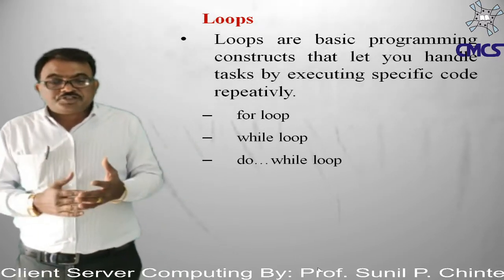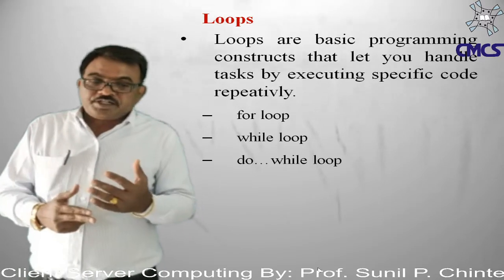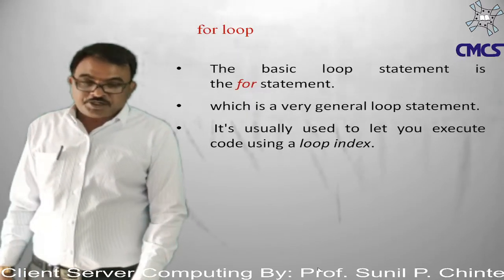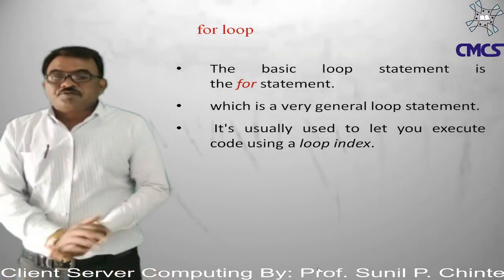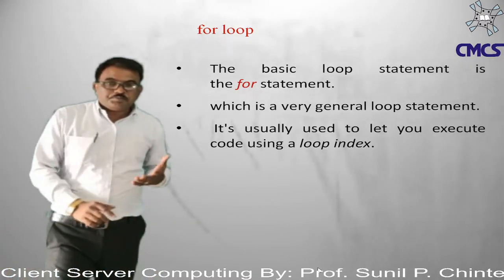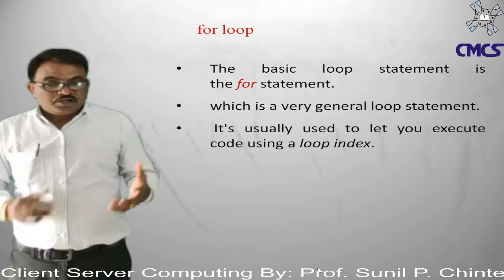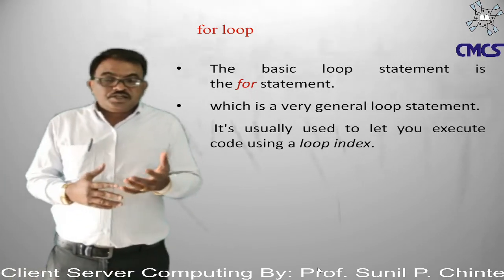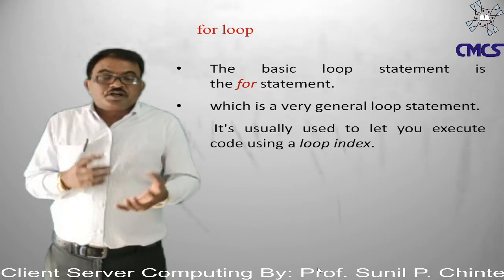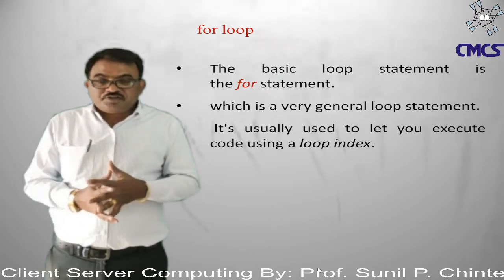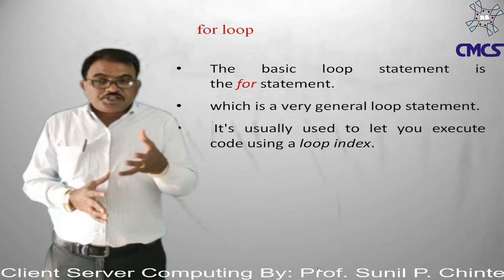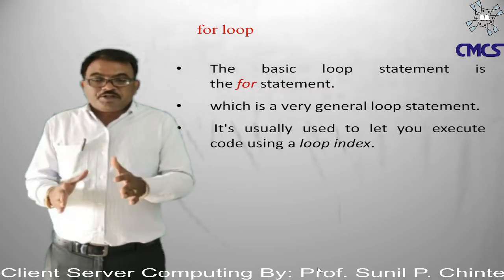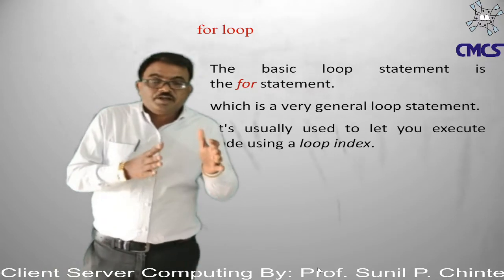Now we have to see how the pre-tested loops, that is the for and the while loop, are used in scripts. Okay, let's see about the for loop. So for is the simple loop. We use the for loop when we know how long a particular loop has to execute. If you know the limitations, the end points, that is when we generally use for loops.